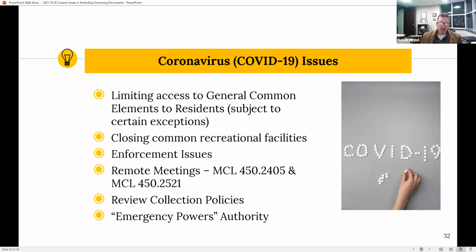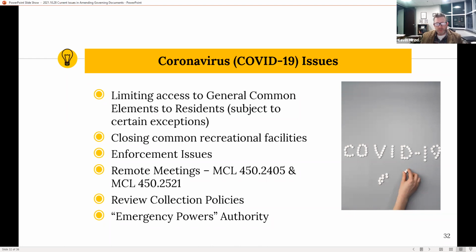For example, using the power for rules and regulations to close common recreational facilities, limiting access to certain general common elements to residents only, and collection policies, meaning using your rulemaking power, you can't outright eliminate somebody's obligation to pay assessments, but allowing the deferral of assessments. So the use of rules and regulations and the policy making authority of the board of directors were pretty significant